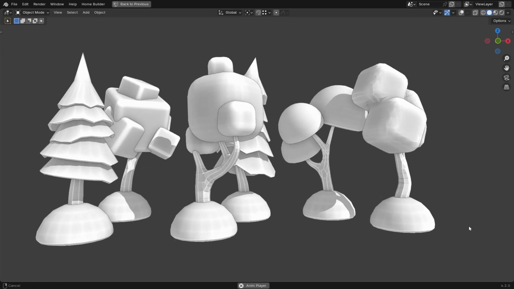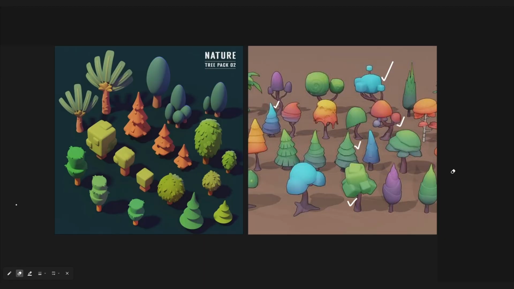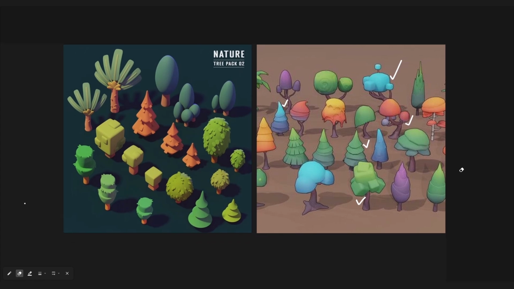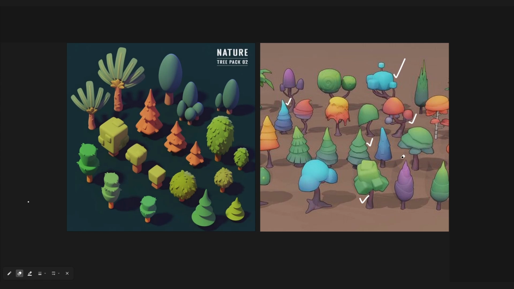Alright, let's jump right into the tutorial. The reference images we will use for this tutorial are these two right here. Out of all the three models out here, we've picked 4 or 5 simple and fun designs to model together